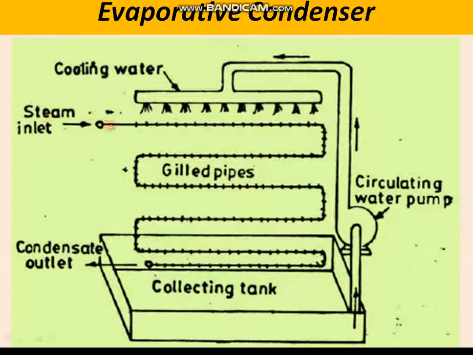Then the steam will pass through this section, and water is coming from this section. So the steam will be condensed, and the condensed steam is collected in this tank and can go out. So this is the